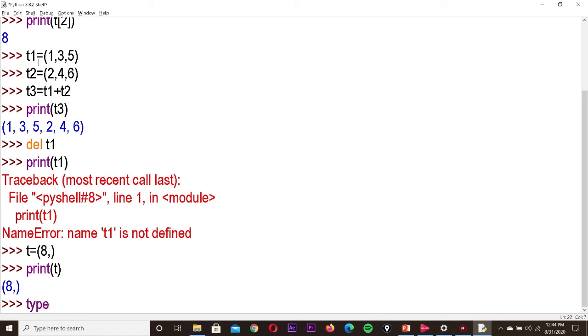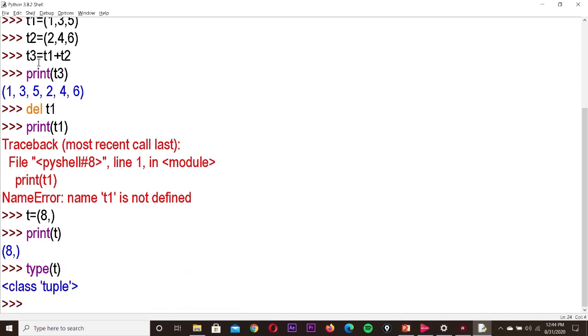Now I want to see whether it is a tuple or not. So I am writing type of t. Yes, it's giving the type as class tuple. So it is a tuple. Whenever you are creating a singleton tuple, at the end you have to put comma. That's what we discussed. Then only it will be considered as a tuple.